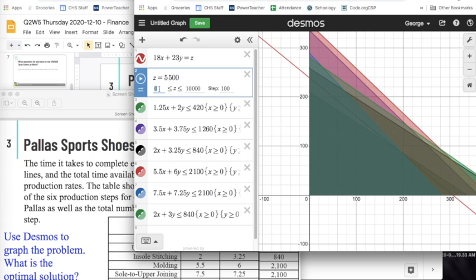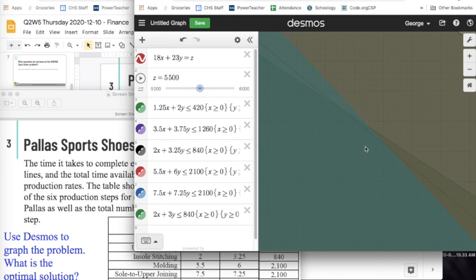So I'm going to change my slider here to go from 5,000 to 6,000 and make my step smaller. And let's see if we can zoom in on the area to get the best answer. And it looks like it's just a little bit lower than that. Let me change my step here to go by 5s. So it looks like the best answer is right around here